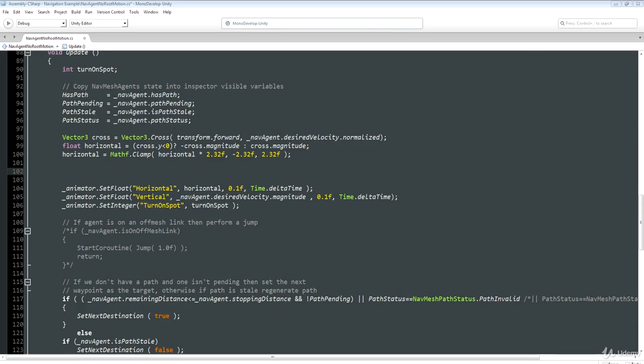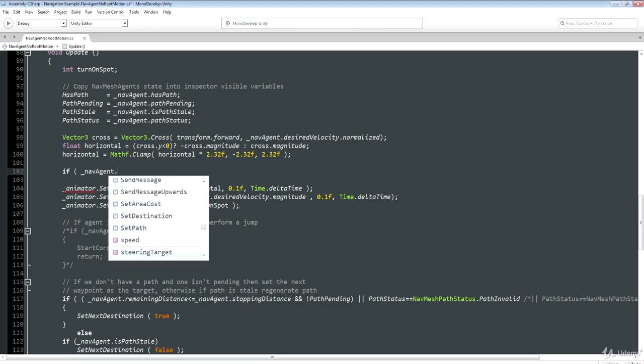Well, one of the things we can do is test the desired velocity, because if the speed of our agent ever drops to a very low value, then we know it probably means that it's at one of those waypoints where it needs to stop and turn around 180 degrees, or at least through a very wide angle. Because we know that when the nav agent is traversing our level normally, it doesn't slow down a lot when it takes shallow corners. So I think the first thing I will say is if